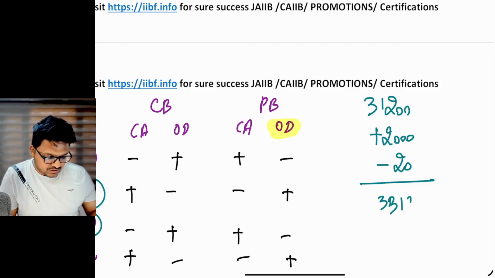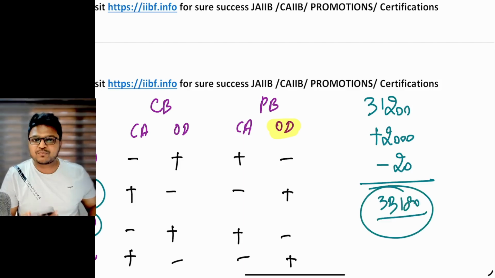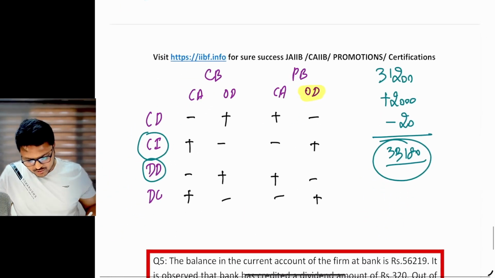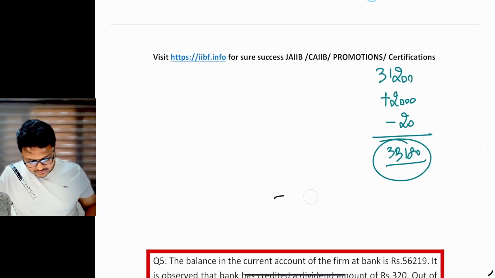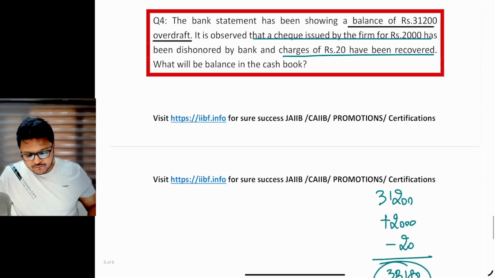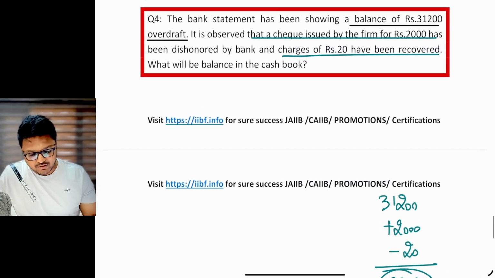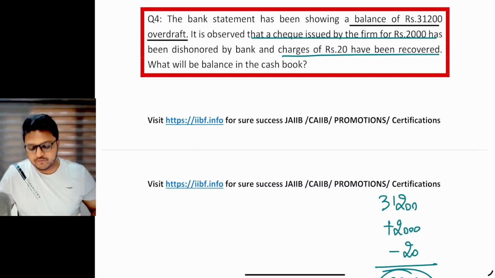The answer is 33180 here. Okay, now let's try to solve this question manually without using the table, because for conceptual clarity it is very much required that you know the basics. So we have the